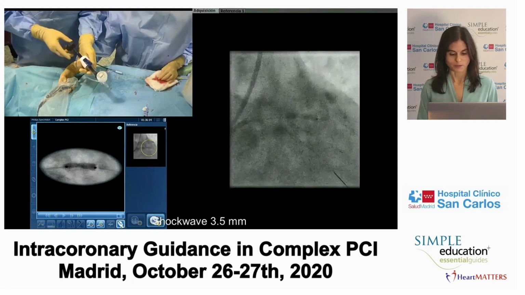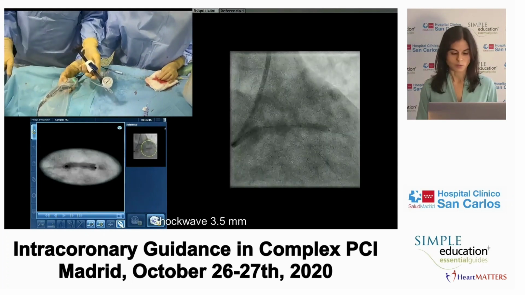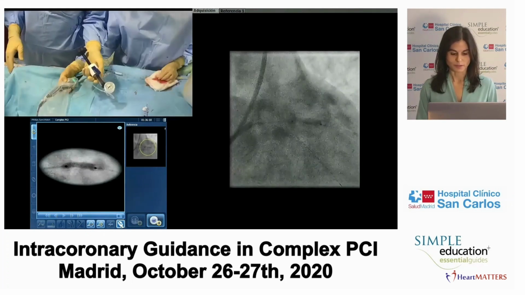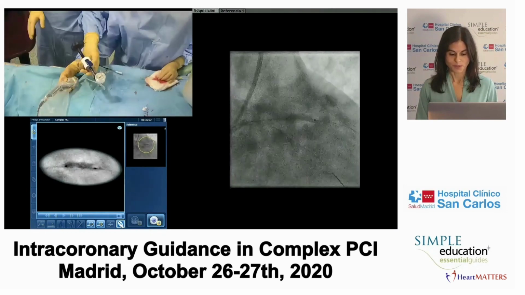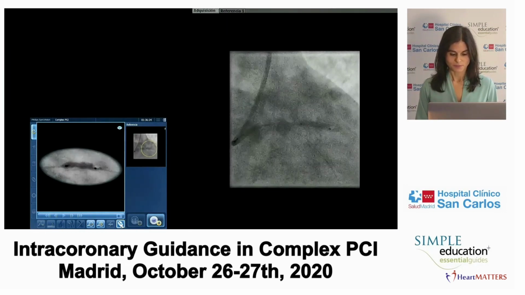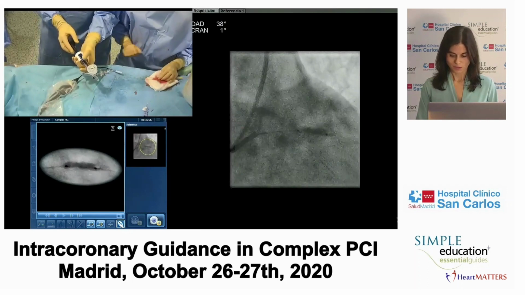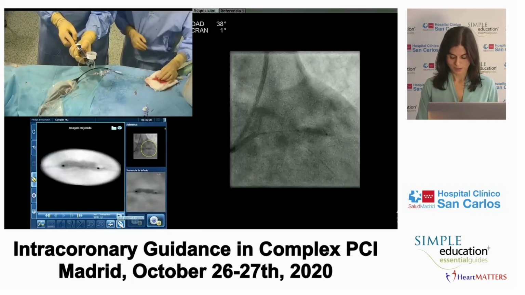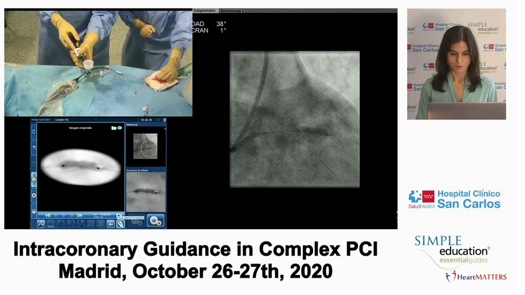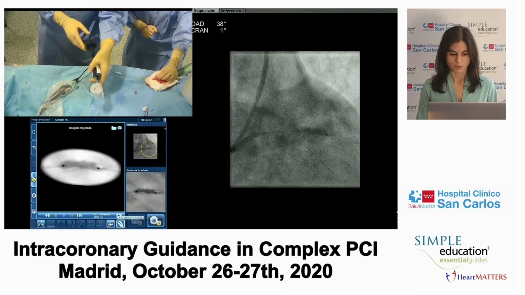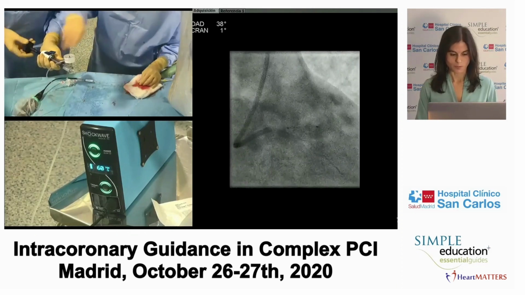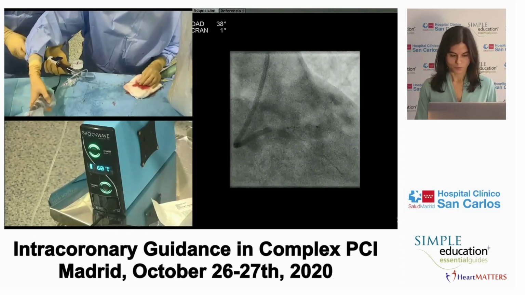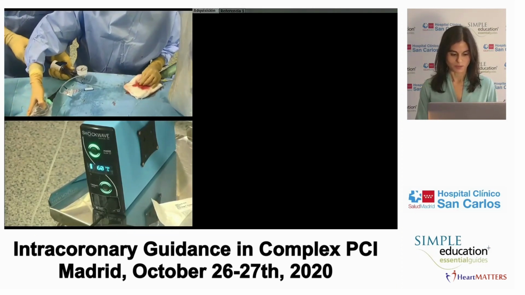I'm applying the pulses here, and you can see immediately how the balloon starts to inflate better after the pulses. You can see maybe the bubbles inside the balloon, which is the mechanism why lithotripsy works, creating these bubbles that then explode and create this very high pressure